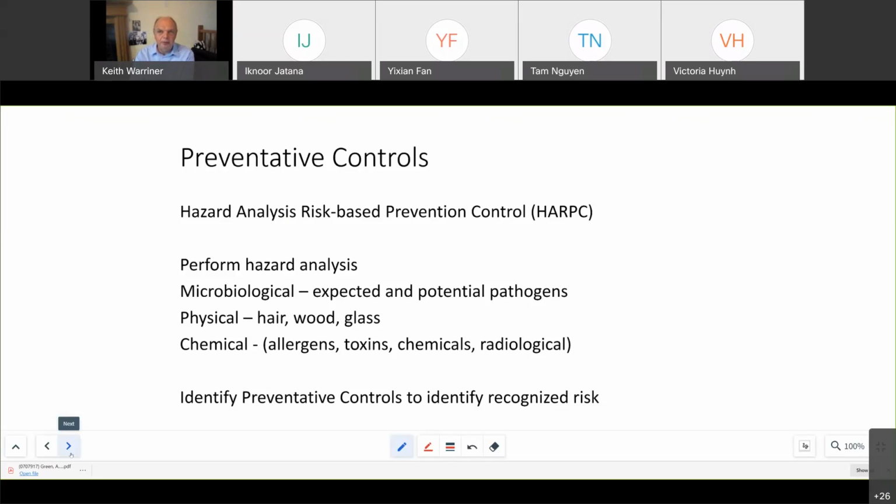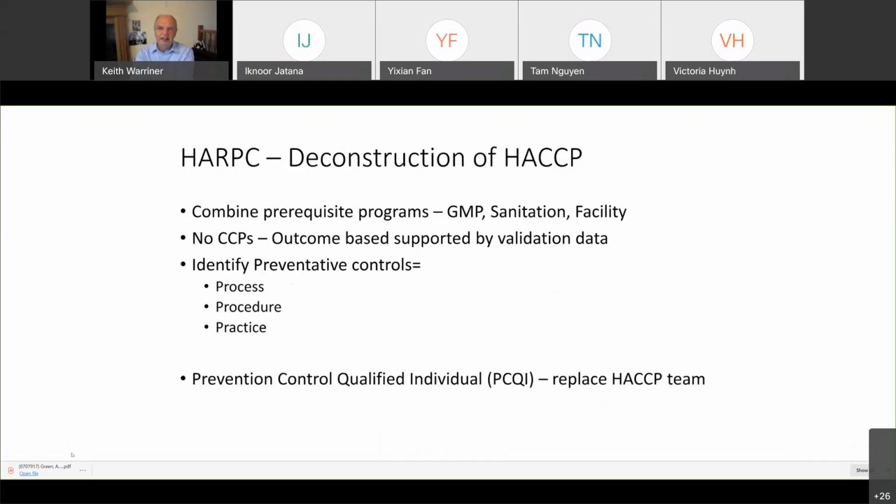So without prerequisite programs, everything is considered, and you identify the preventive controls to control a certain risk. So what we're saying there is that a preventive control could be a pasteurizer, a preventive control could be sanitizer or sanitation, GMP, all things like that. So rather than having these critical limits that we talked about and monitoring them, you have what we call an outcomes based system. So say for example, you're producing, I don't know, candy apples, and because it's